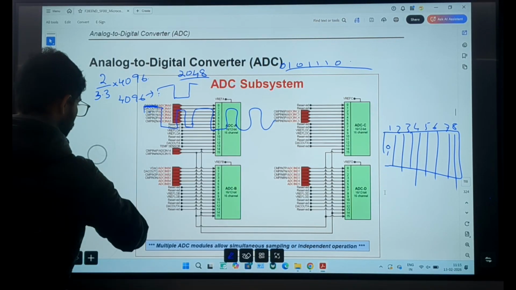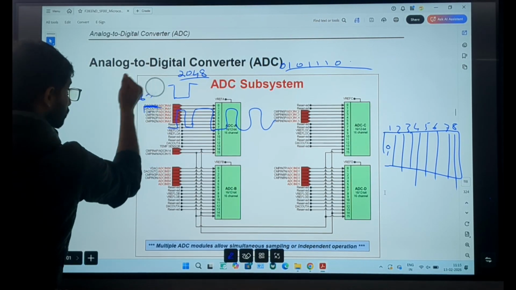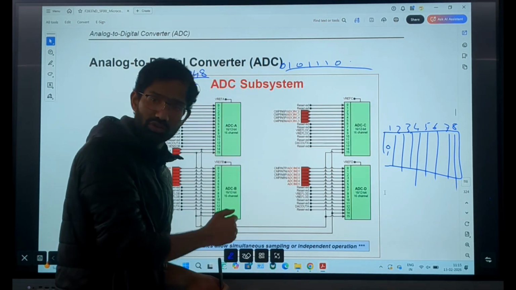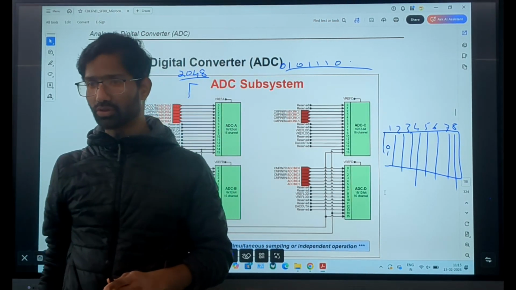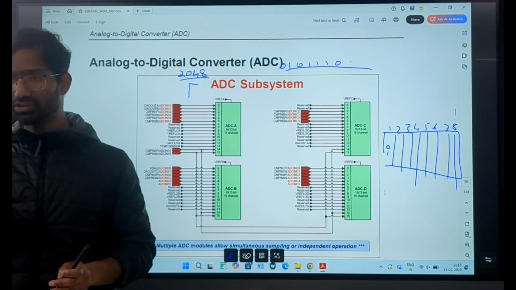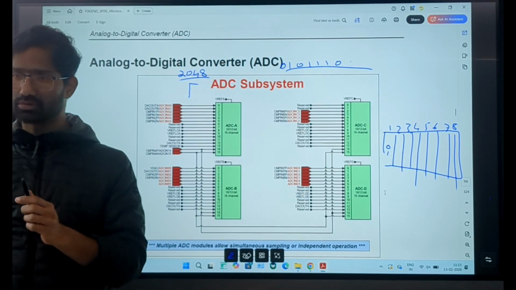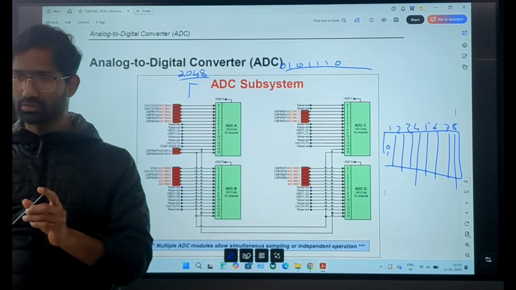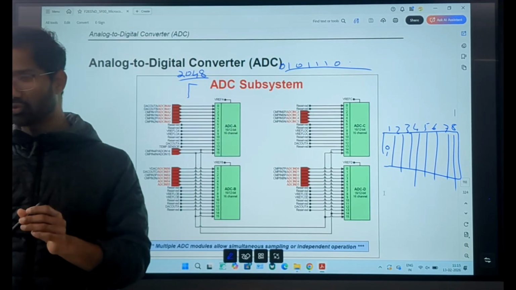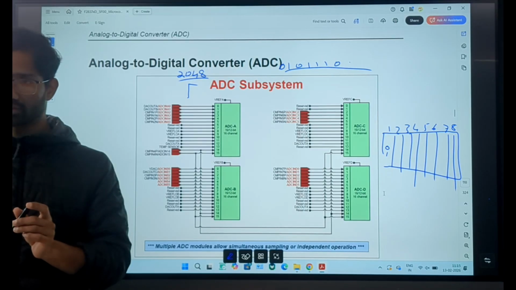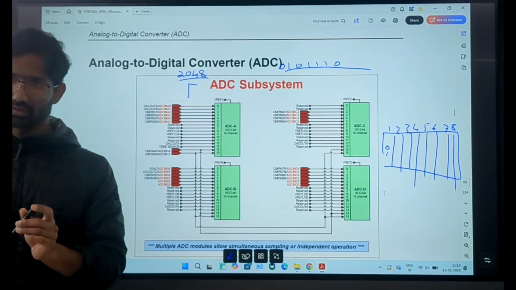Sir, the next time it will add 3072 and 2048, divided by 2, and it will check the average of these two and compare it with that value. The value of the input was coming as 2482. So when we take the average, it is coming 3072, which is more than